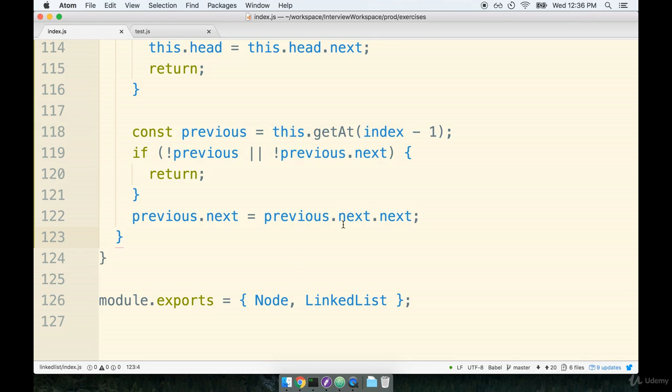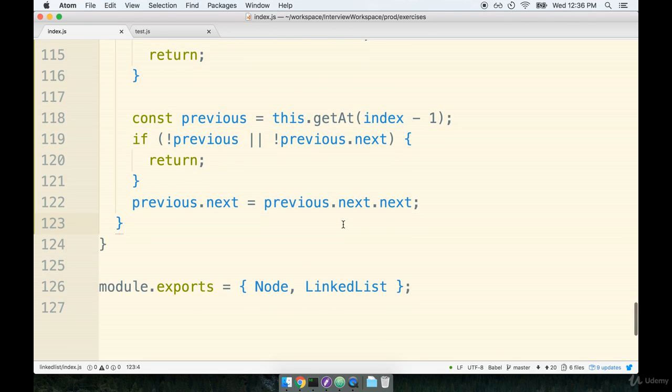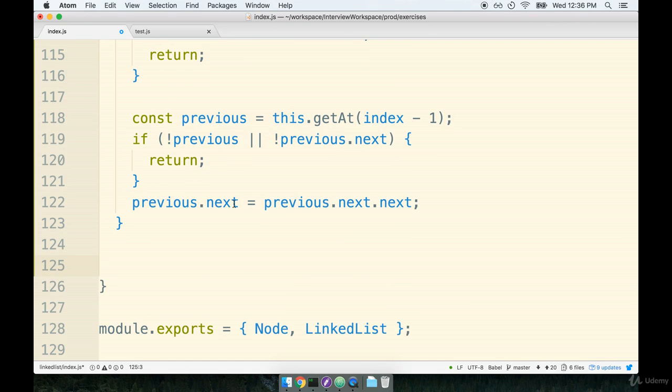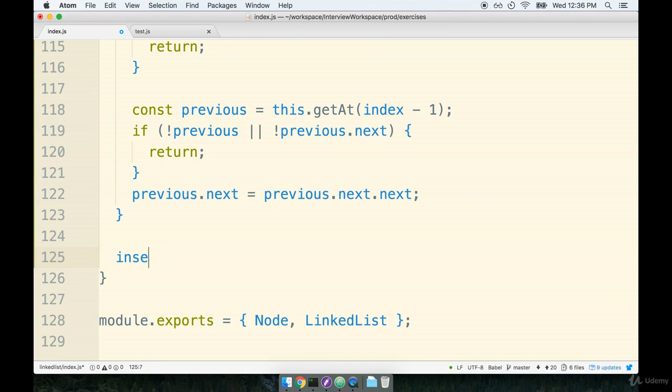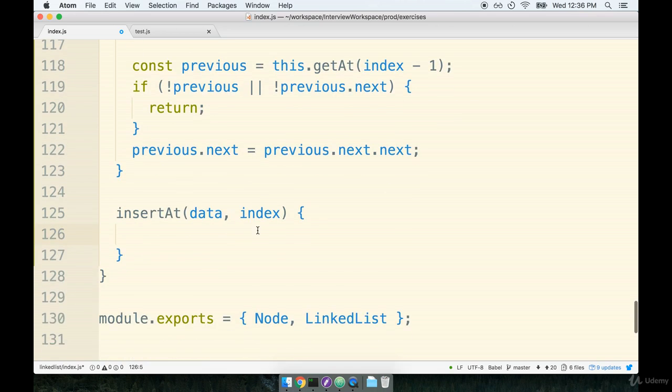In this video, we're going to go over the solution to the InsertAt method. I'm inside my index.js file. I'm going to give myself a little bit of space here, and then we'll add the InsertAt method. So it will take arguments data and index, and then inside of here, we're going to do a little bit